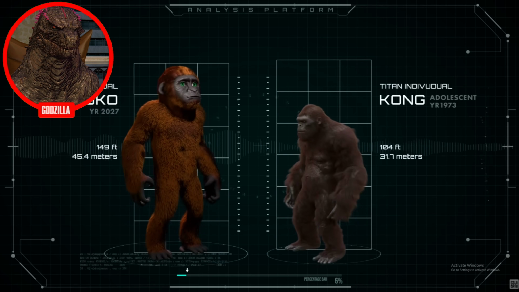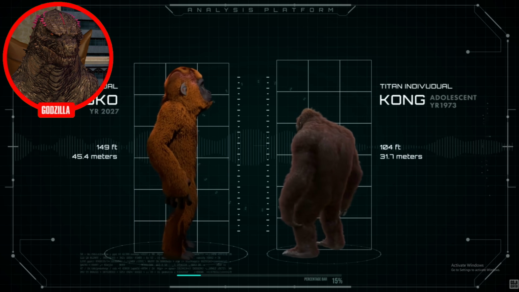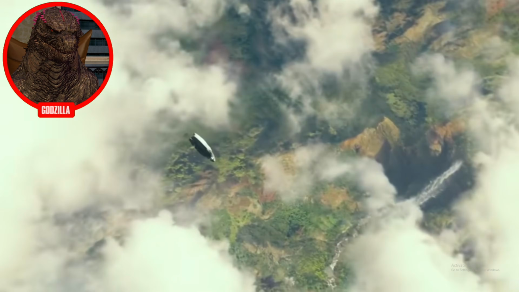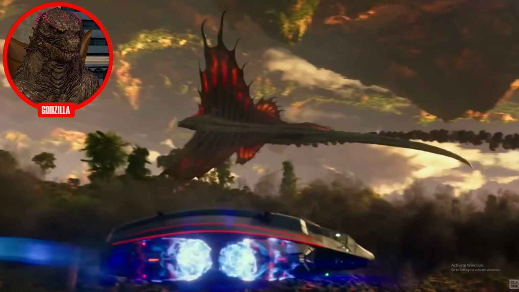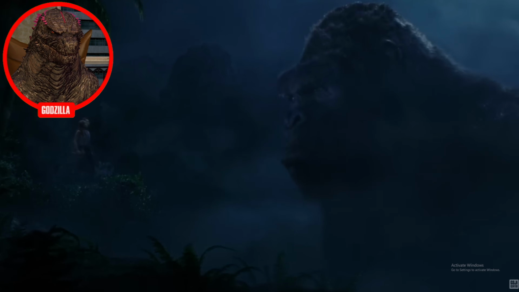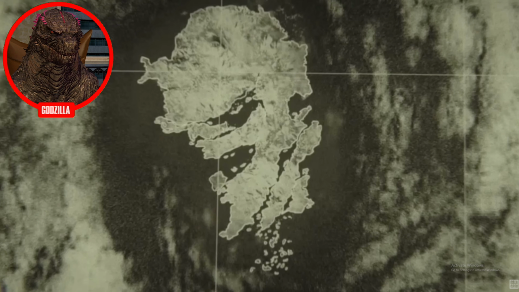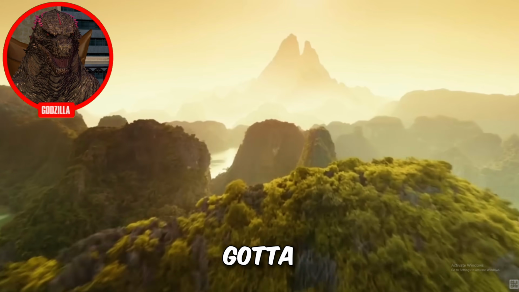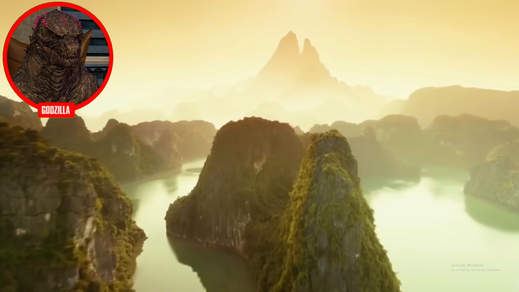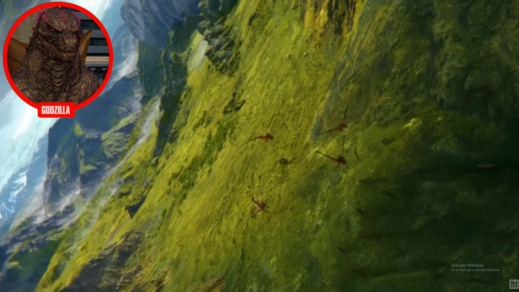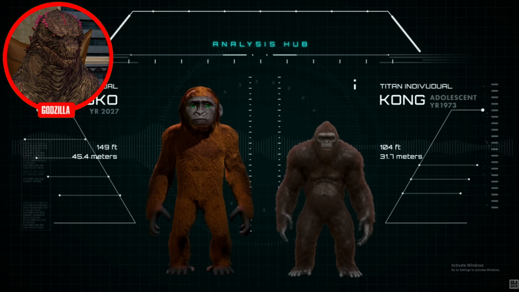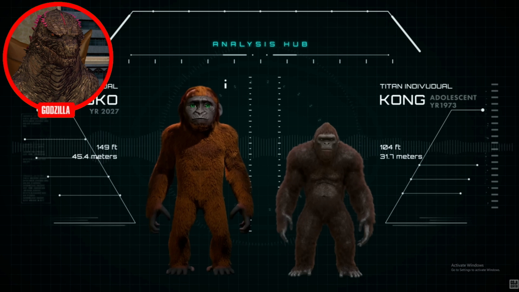Well, the answer lies in where these two grew up. Suko here grew up in a place known as Hollow Earth. Down in the bowels of the planet lies an incomprehensibly vast environment with resources to adequately sustain large life forms. Kong, on the other hand, grew up in Skull Island, an isolated island somewhere in the Pacific. Skull Island is like a GTA 5 lobby, bro. You gotta be crazy to survive on that island. Here's one of the reasons why Suko was already taller than Kong, but this is just the tip of the iceberg. There's a lot more reasoning behind this.